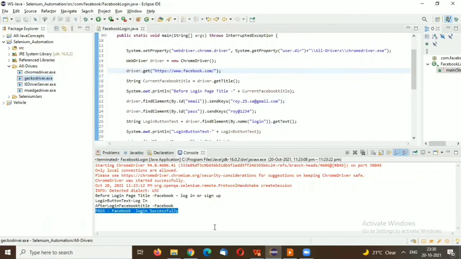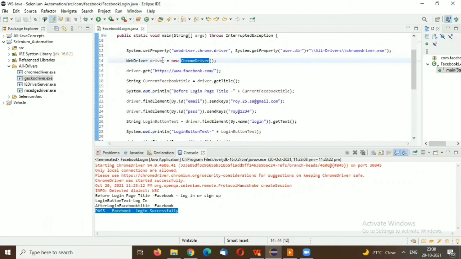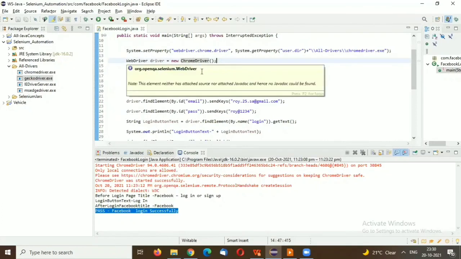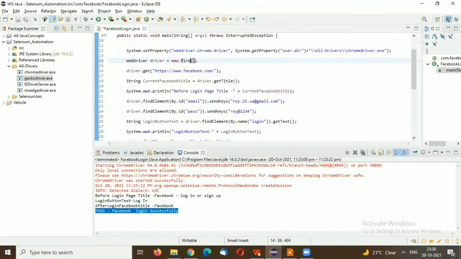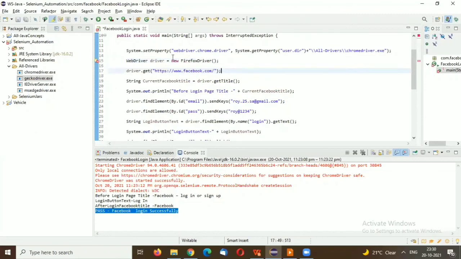Like we need to change our System.setProperty path and the WebDriver object also. Okay, we need to assign the WebDriver object to Firefox driver now. Let's change here to FirefoxDriver. Okay, just import FirefoxDriver from here, org.openqa.selenium, and here just write geckodriver and just assign this